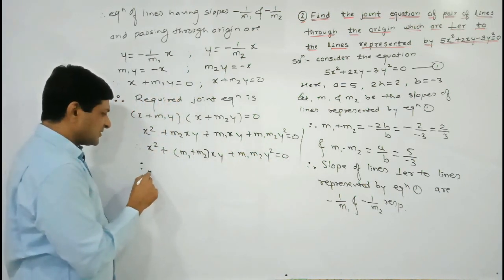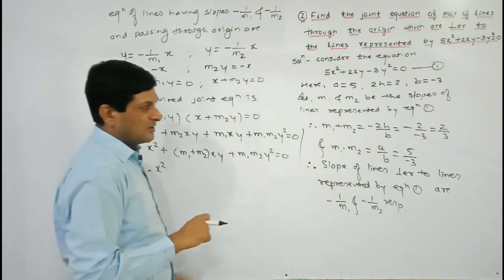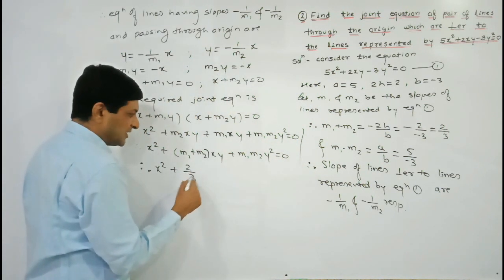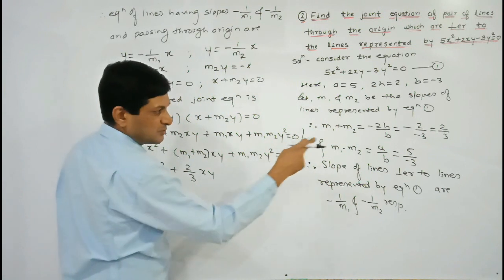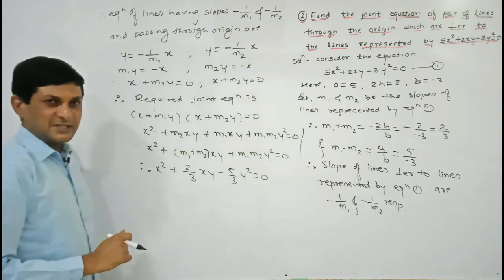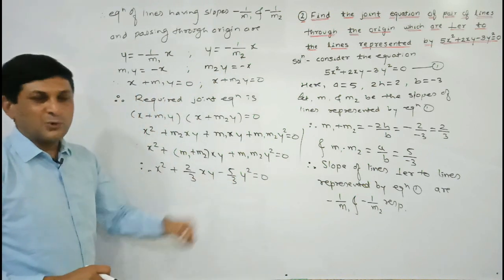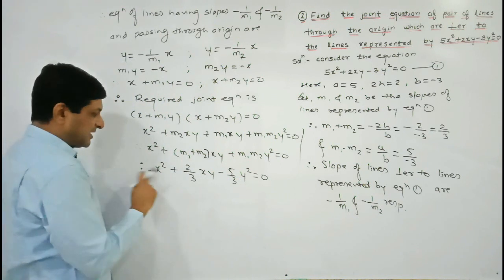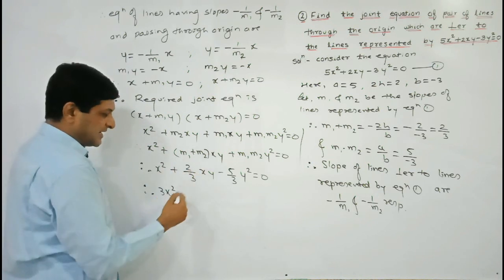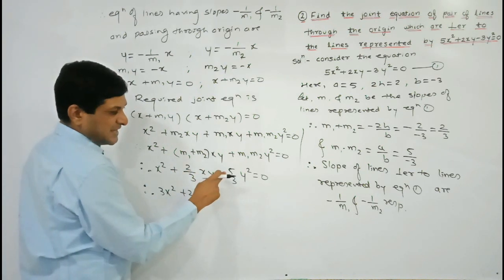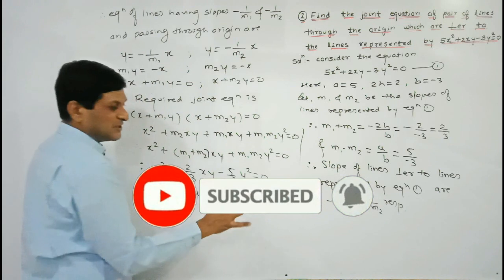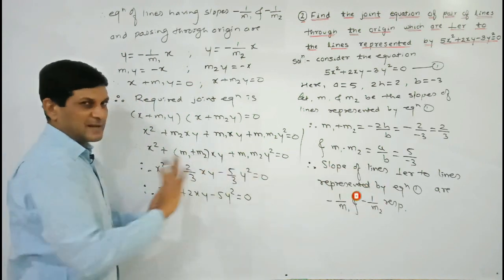Lastly, we are substituting the value of m1 plus m2. What is the value of m1 plus m2? 2/3. So replace m1 plus m2 by its value 2/3, xy keep it as it is. m1 into m2 can be replaced by its value minus 5/3, y square keep it as it is, equal to 0 also as it is. Now simply I am multiplying by 3 to both the sides. See what we will get here. If I am multiplying by 3, here we will get 3x square. Multiplying here by 3, the 3 will get cancelled, what will we get? 2xy. Multiplying here by 3, the 3 will get cancelled, minus 5y square. And on this side, 0 into 3 will be equal to 0. Just simply we are multiplying both sides by 3.